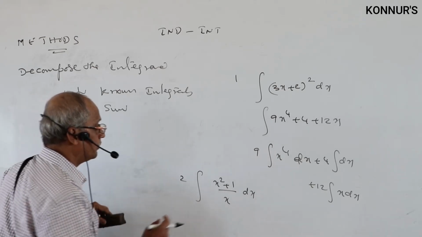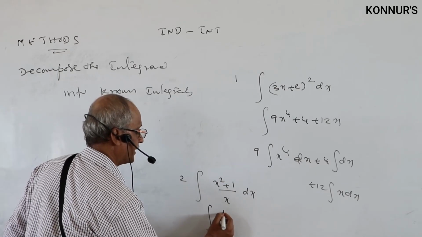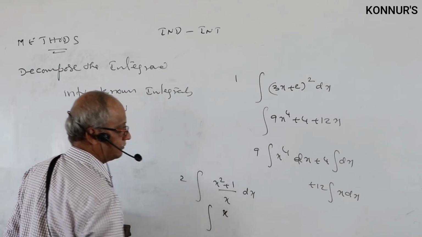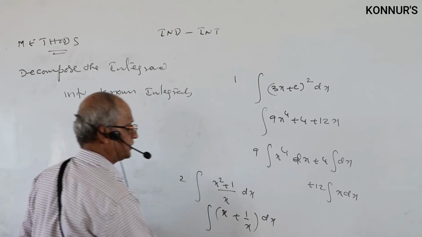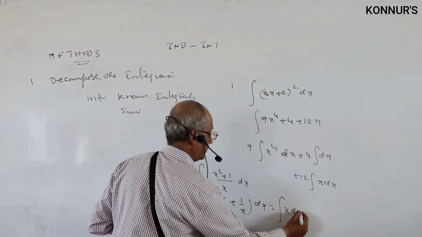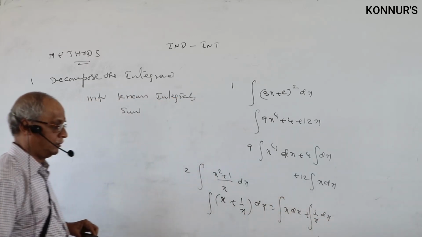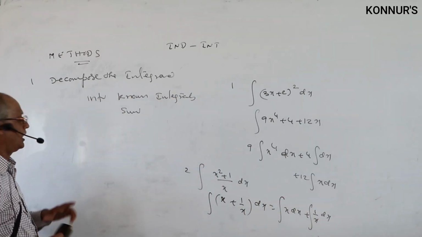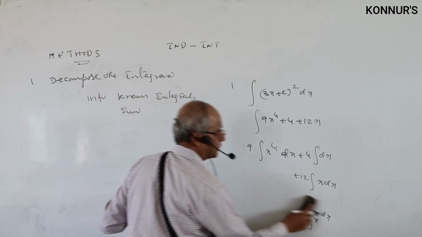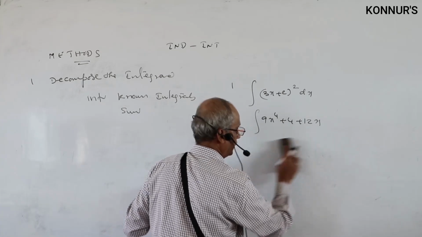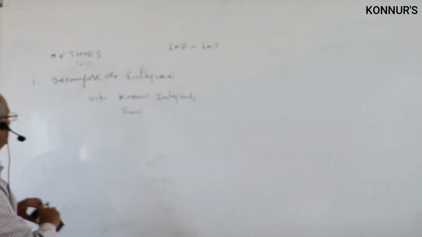Then in what way can you go? Simplification. Separate the denominator: x square by x is x, plus 1 by x. Then what will we do? Separate the terms, meaning integral of x dx and integral of 1 by x dx, where we know each term from the first list. That is the reason to decompose, which is not that useful, and you will not get many problems based on this first method, because problems will be standard ones only. Just for information I gave the first method, then the second method.